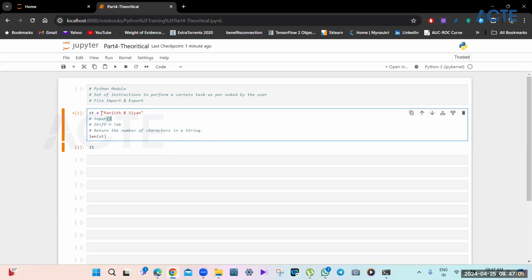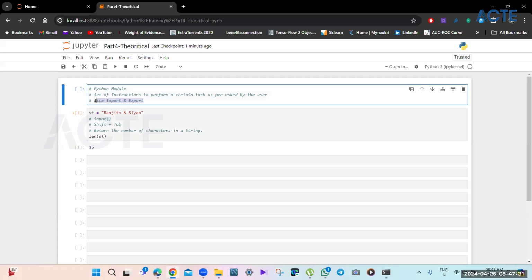So if we have to bring that into the Python environment, all the functions which are needed to do an operation on that external CSV file or Excel or whatever different file format are clubbed together within a single module. We call it a module or library. Python module, or we can call it a library. Both are the same thing.